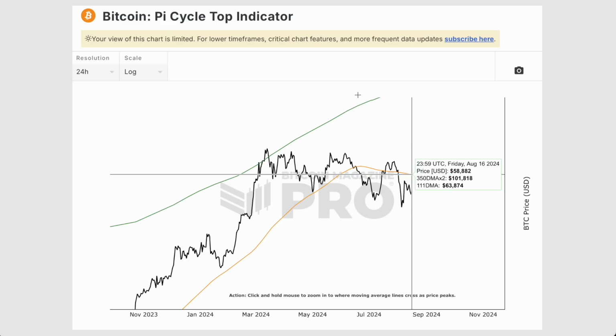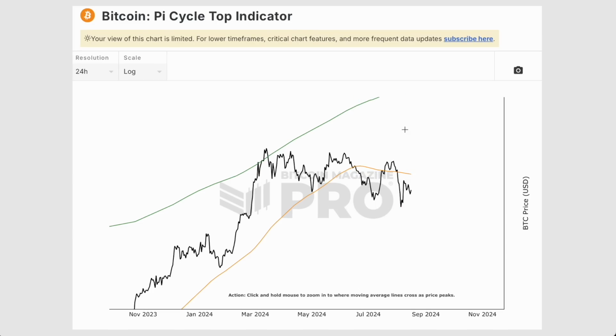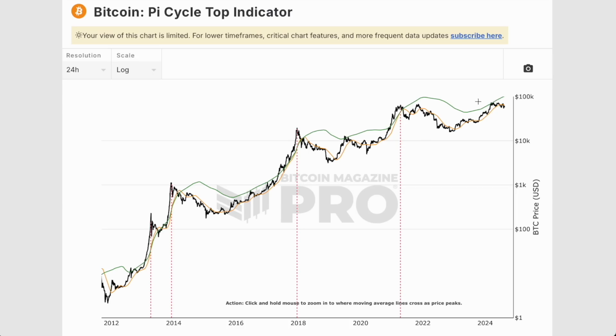But we also have to talk about this green moving average, because it tends to get revisited at later moments in the cycle. As you can see in the halving years and beyond, we tend to see resistance at this green moving average before upside deviating. So downside deviations below the orange moving average are bargain buying opportunities, and upside deviations beyond the green moving average are when we see parabolic price action take place.